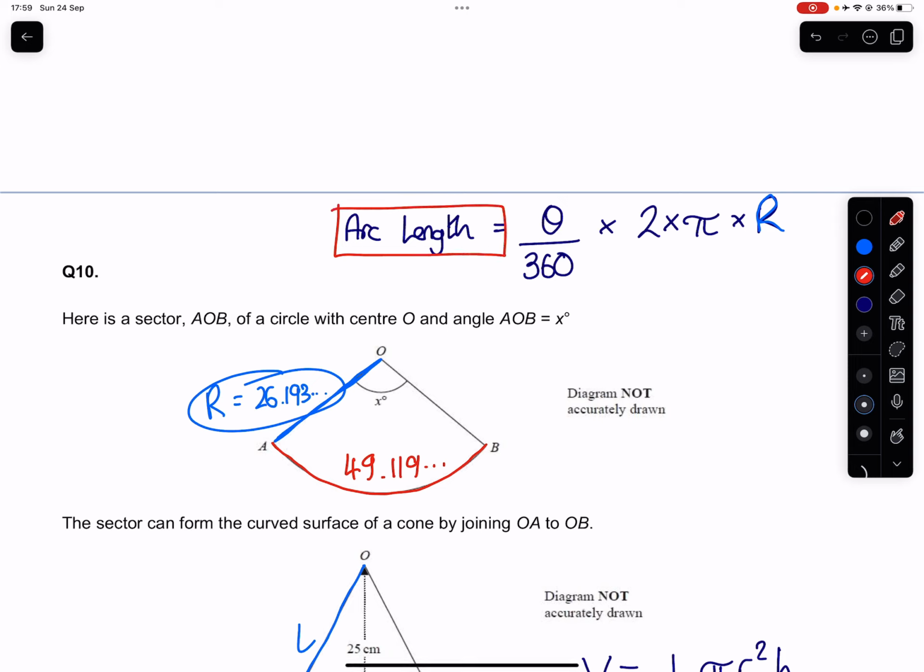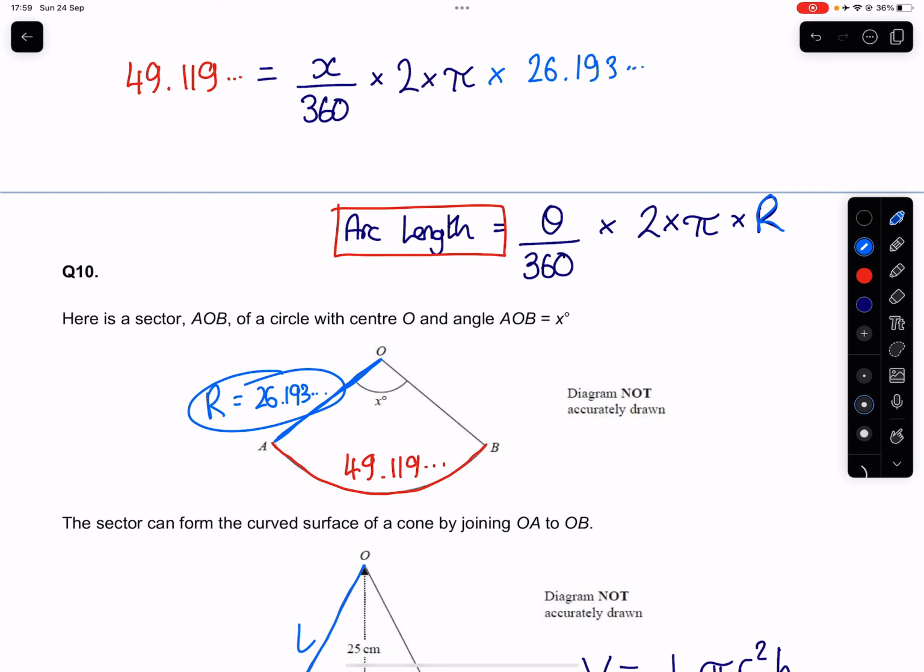So just utilizing the space that I have up here so I can keep the picture on the screen, we have 49.119 and change is going to equal our angle theta, which is x in this case. So I'm going to have x over 360, multiplied by a 2 and a pi and the value of capital R, which is 26.193 and change. Because x is what I'm looking for, I'm going to do all of the sums on the right hand side, which is basically 2 times pi times this 26 and change, and then divide all that by 360. When I do that, I get the value